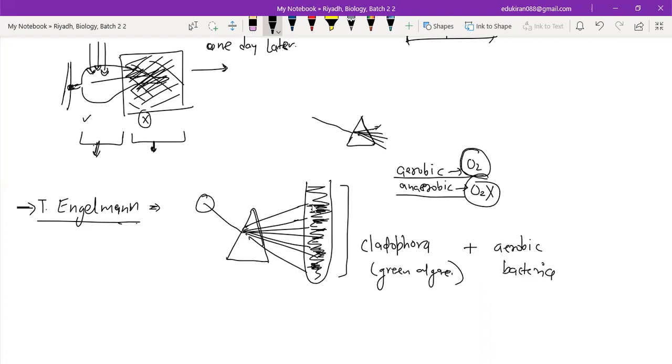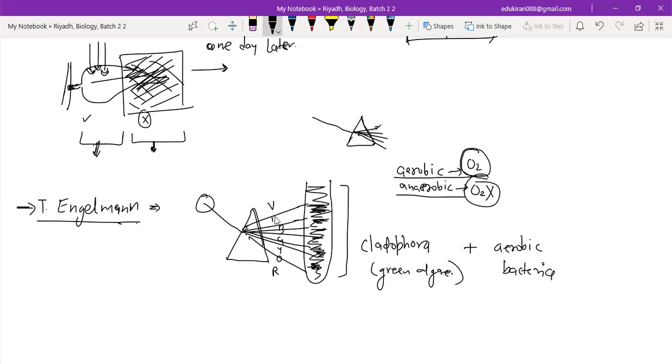So in whichever part photosynthesis is maximum, oxygen will be produced the maximum, correct? Yes, sir. And since aerobic bacteria need oxygen to survive, they will accumulate in that part the maximum. Is it clear or not? Yes, sir. So if, let's say, starting from Vibgyor going towards violet, indigo, blue, green, yellow, orange, and red, there